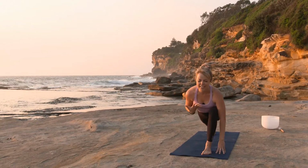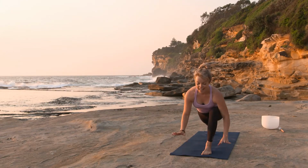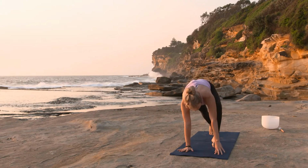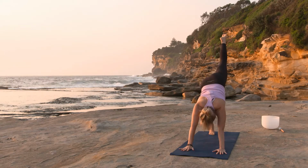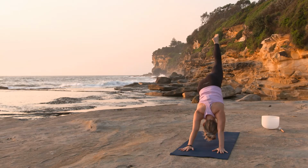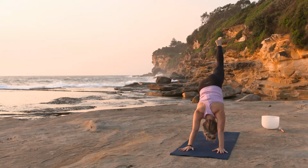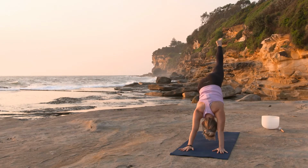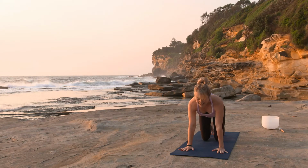Full breath in here, really lengthen and lift up through the chest. And then exhale, plant the hands, and let's step back to a three-legged dog, extending that leg all the way up to the sky, reaching it up, pointing the toe, and relaxing your right heel down. Full, deep belly breath in here, and then exhale, float the foot down, lower the knees,